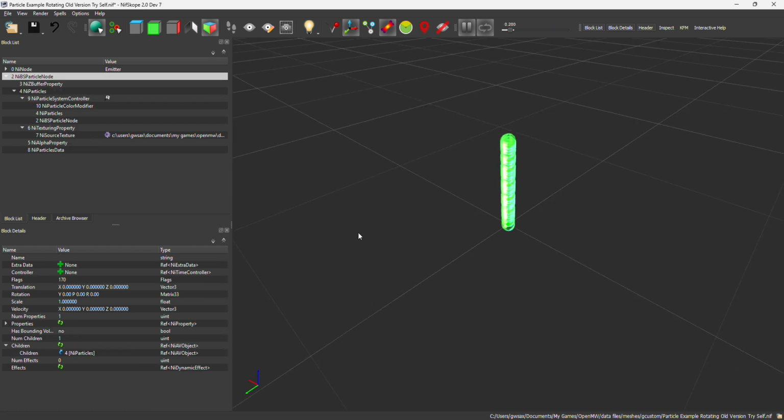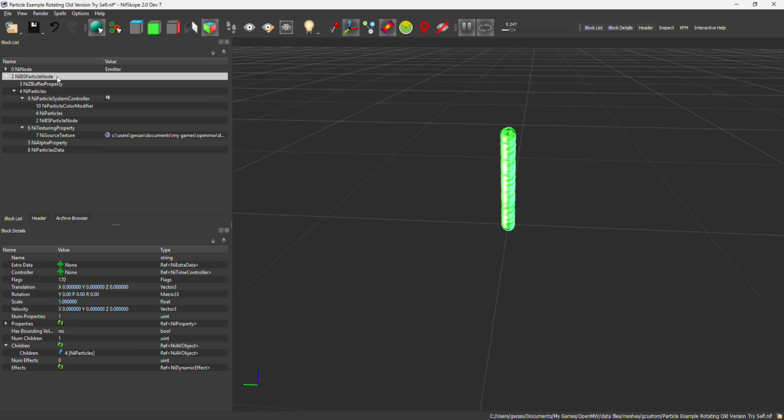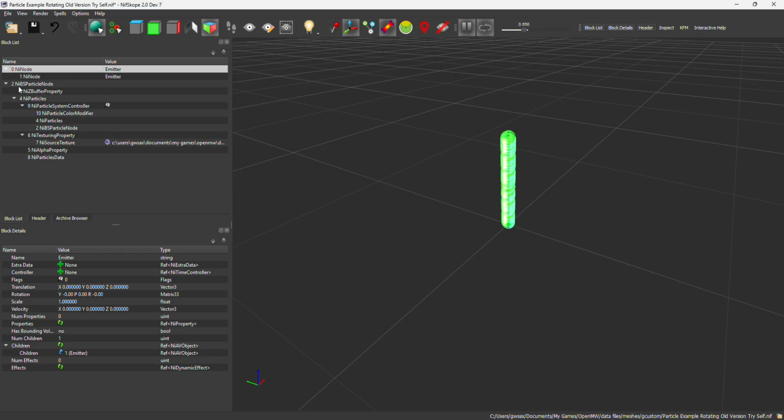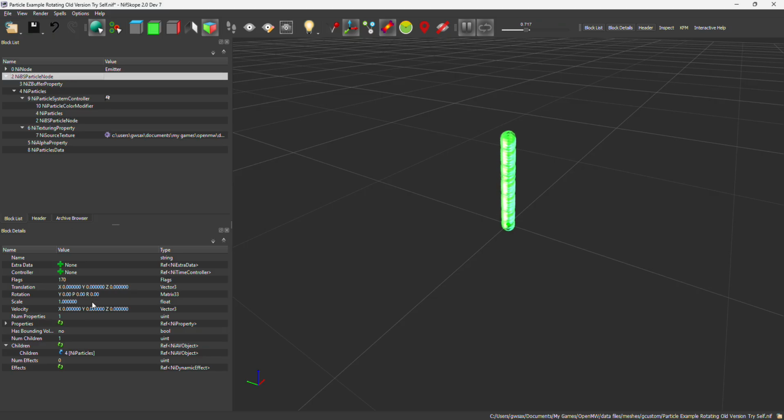So the first thing I want to talk about is the particle node itself, which we have chosen as our emitter. Ignore this. This is not actually the emitter. That's just a name that we assigned to that, and it's not really necessary at all. Anyways, so when we look at this right here, we can see